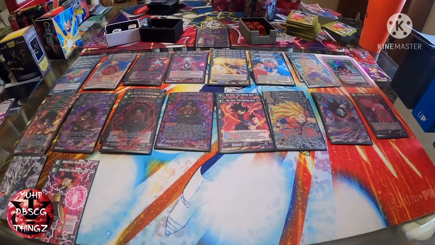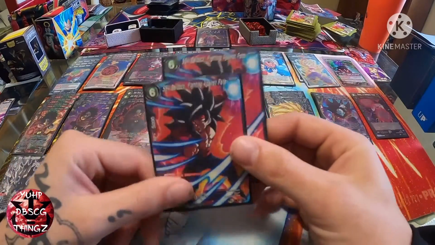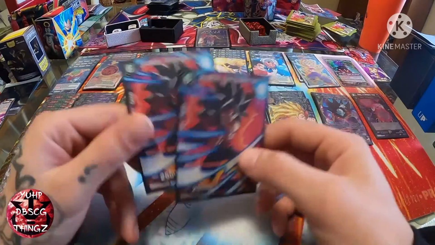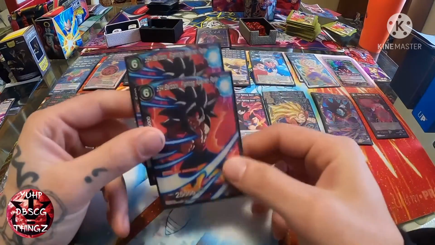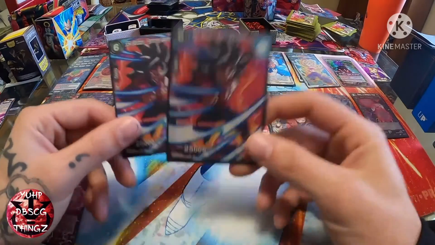Next up, 2 SS4 Bardock. This card is super, super good. This is probably my favorite overwhelm in the game. Probably the best overwhelm in the game for that is free. It comes out for free, and then he's a 25k dual attacker. So not only will he stop